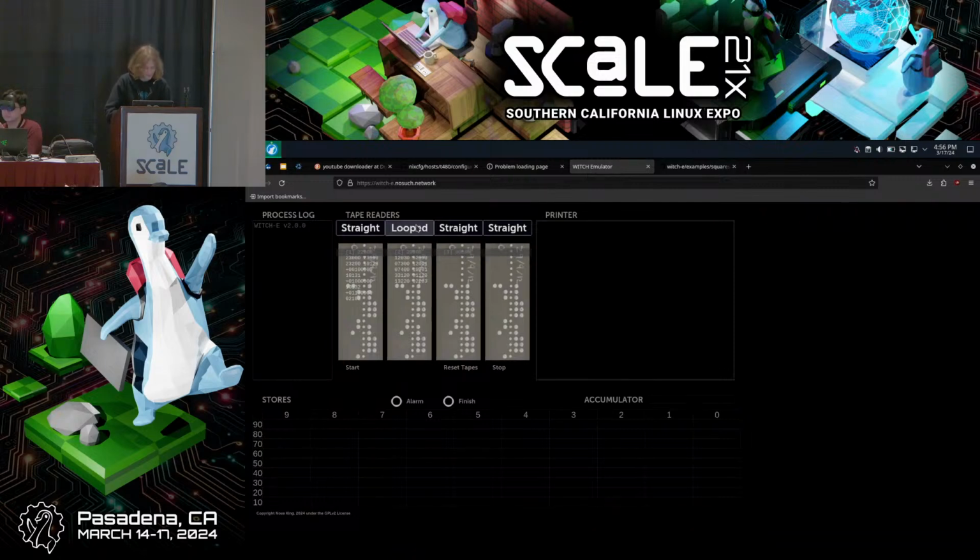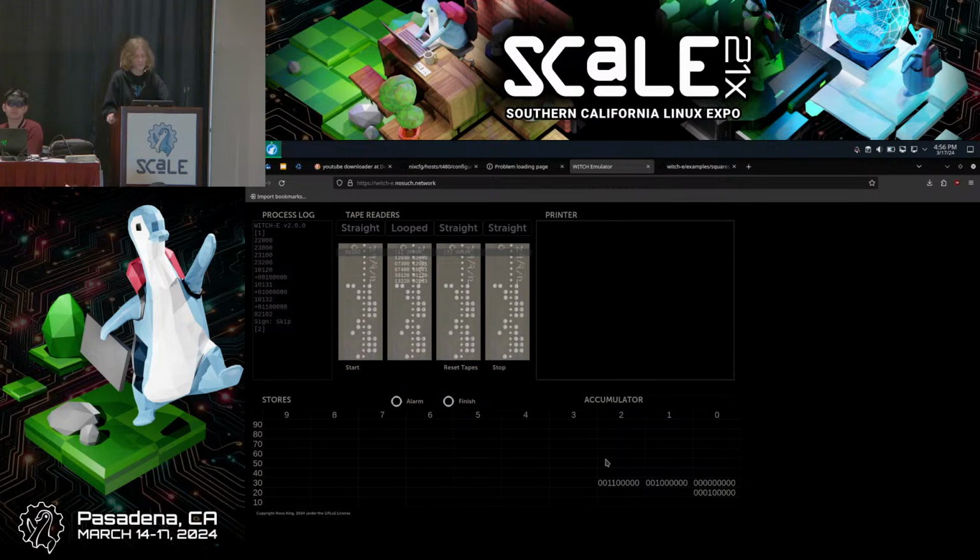I made this whole emulator in JavaScript, which actually isn't the worst thing for a really old computer like this. So I can hit start, and the stores will fill with all of the values. These were designed to be actual dekatron loading spinner things, but we never got around to it, and it was just too tiny. We're loading all of those values into memory, and then the accumulator is going, and the accumulator is a way bigger area of memory. I learned so much about the core of how computers work, computer history, all of the weird and wacky things.